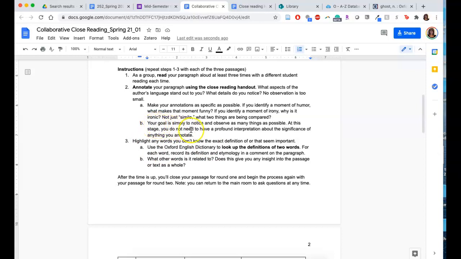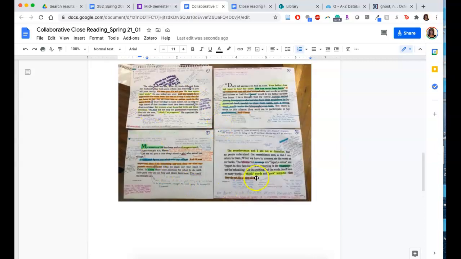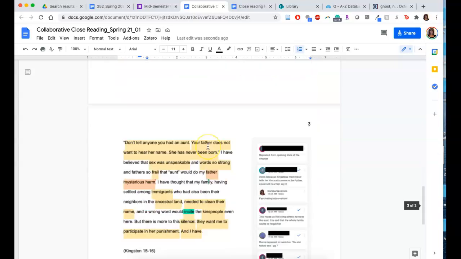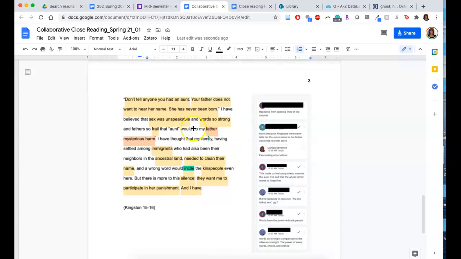How does it prompt us to think differently about what we're reading? So remember that your goal is simply to notice and observe as many things as possible. This is collaborative close reading. We're trying to work together to generate as many observations and annotations as possible. These texts, let me show you, I'll scroll down a bit. So if we were doing it in person, we'd be passing these passages from the reading around the room, and I would give you colored highlighters and you'd all be taking notes on them, so they'd end up looking something like this. But because we're doing it online in Google Docs, it's going to end up looking something like this,